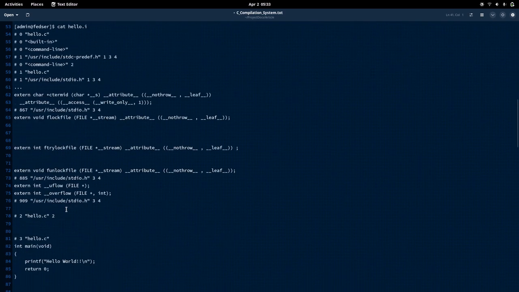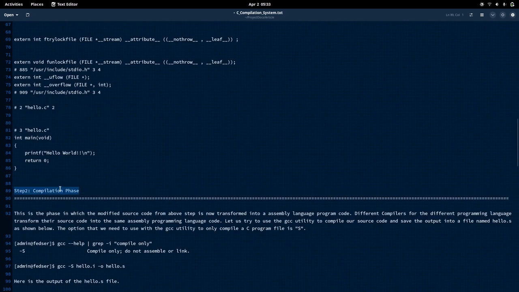Now let us go into our next step, that is the compilation phase. In this phase, basically what happens is it takes the C program which we have transformed or modified in our step 1, that is the pre-processing phase, and it converts that whole program into assembly language code.